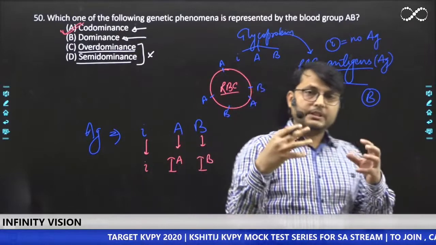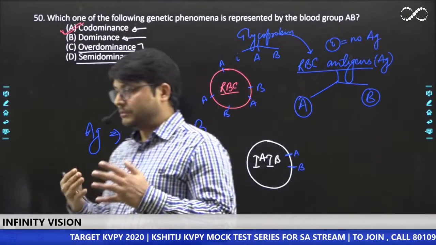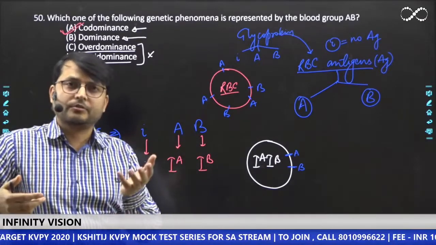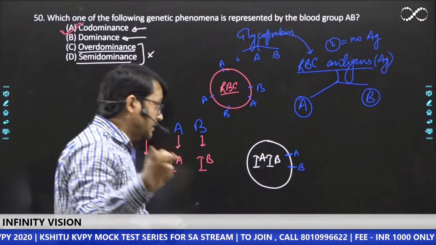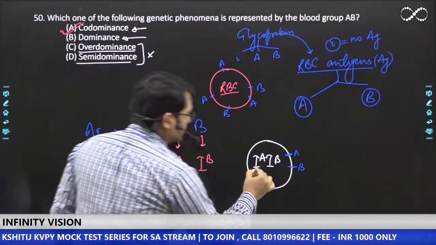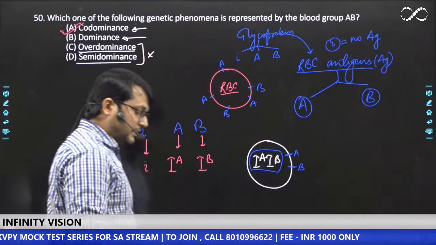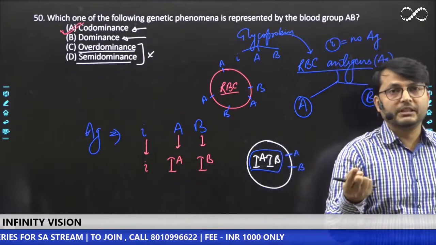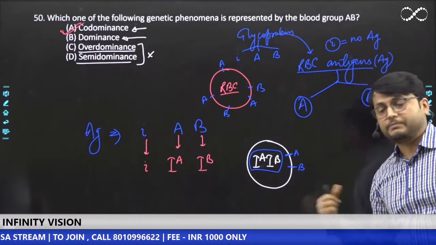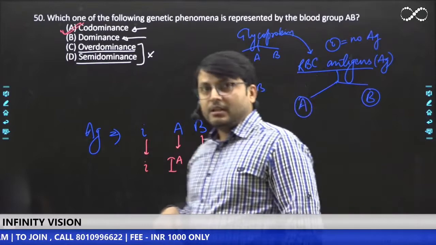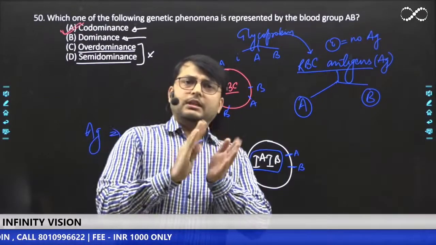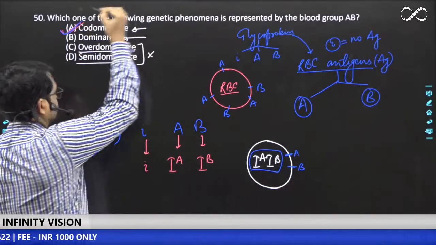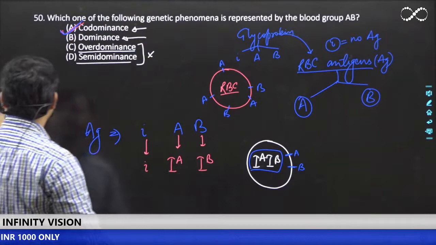That is, look, what happens in dominance? You have already learned about Mendel's law, the first law of Mendel's inheritance, that is the law of dominance: if there is a heterozygous condition, where both the alleles are different, then one allele is expressed, the other is not. That is the case of dominance. But here both of them are expressing themselves. It means both of them are cooperating with each other, right? So that is a case of codominance. Great, I hope this is very clear.